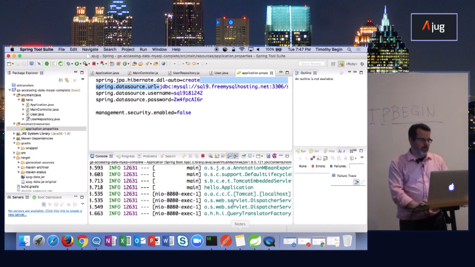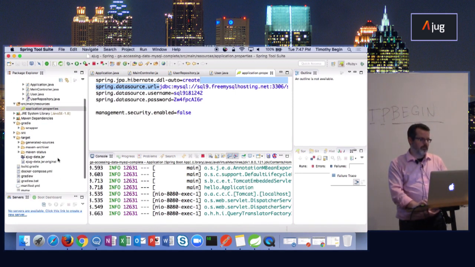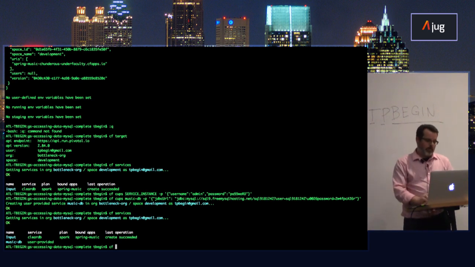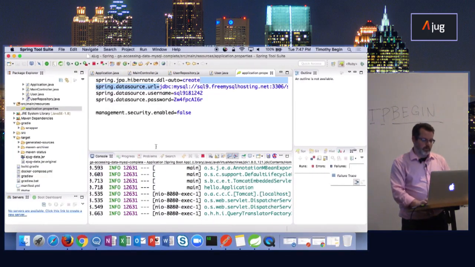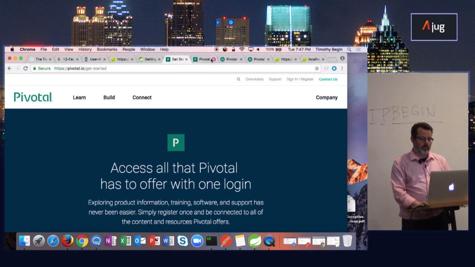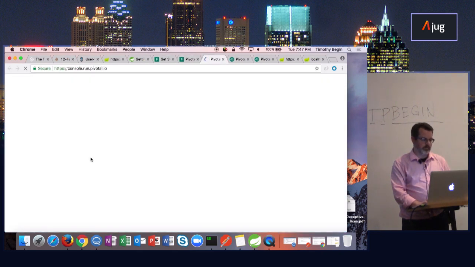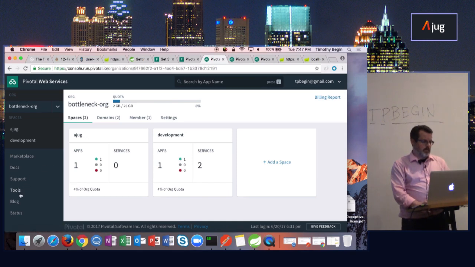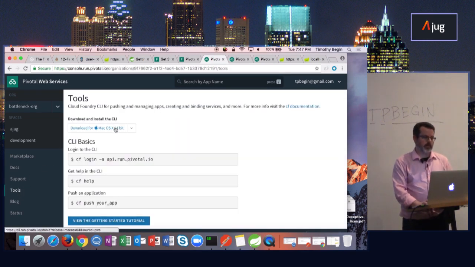The exciting part is, well, what happens when I'm done with this and I want to push this to production? Well, I can use the command line. It's called the CF CLI. If you go back to the dashboard, and it says web services, tools, it gives me a link to download and install the CLI.